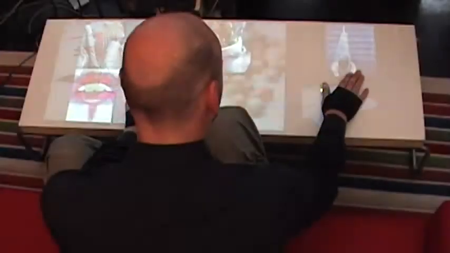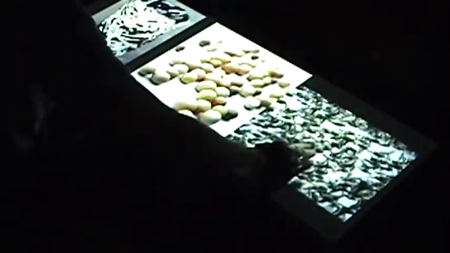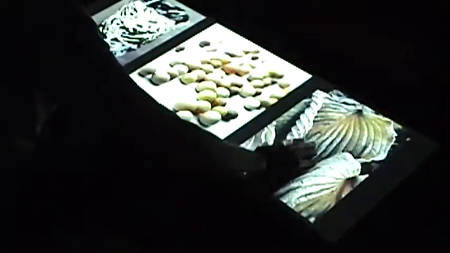Piles are created by placing the dominant hand above an image and raising it orthogonally with respect to the horizontal table surface. The images are placed in a given layer depending on the highest point reached by the hand movement. By changing height with the non-dominant hand above the table surface, users can navigate within layers of piles. And then piles can be rearranged by moving an image to a different layer using the dominant hand.